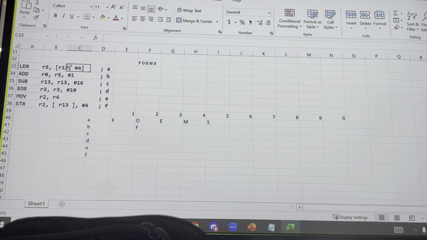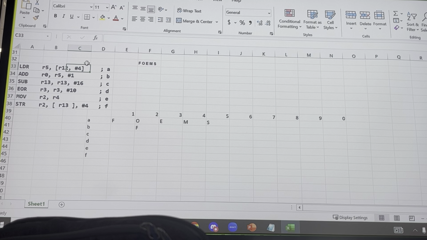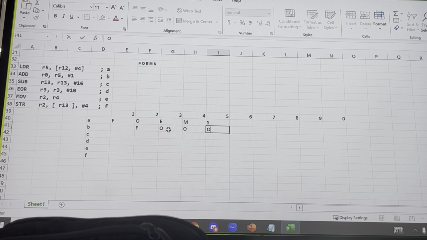Okay, so this is the execution stage. R12 plus 4 is going to be happening in execution, because that needs the ALU. And then we have a memory read, which means whatever the result of that is, it can send it to the next cycle. Okay, so O happens there. What are we waiting on, M or S? M, right? So we go right here. That's when it can happen.